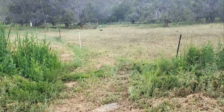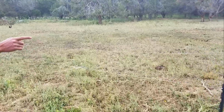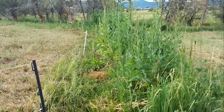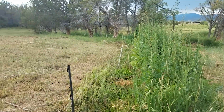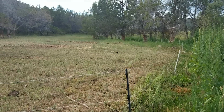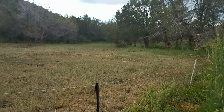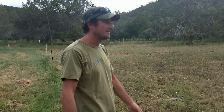Amazing. And so this is kind of your typical setup with your electric fencing for cows? Yeah, this is actually a good example. Even though the swale here is very overgrown, it's hard to see the trees. That's a swale. It runs with water. There's trees planted on it. And then on the uphill side of the swale, we have portable electric fencing, which is incredibly easy to take down, put up, move around. And so it's easy to keep the cattle and the pigs moving where we want them. Put them uphill of the trees to fertilize the trees, so the trees actually benefit from the manure runoff